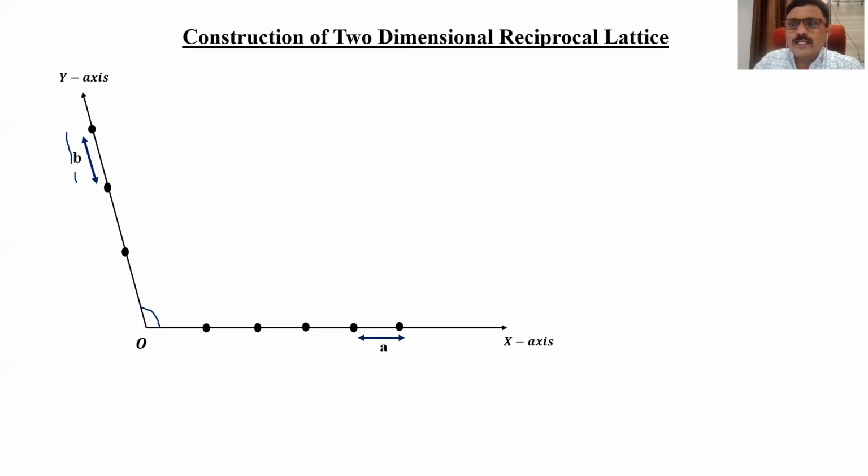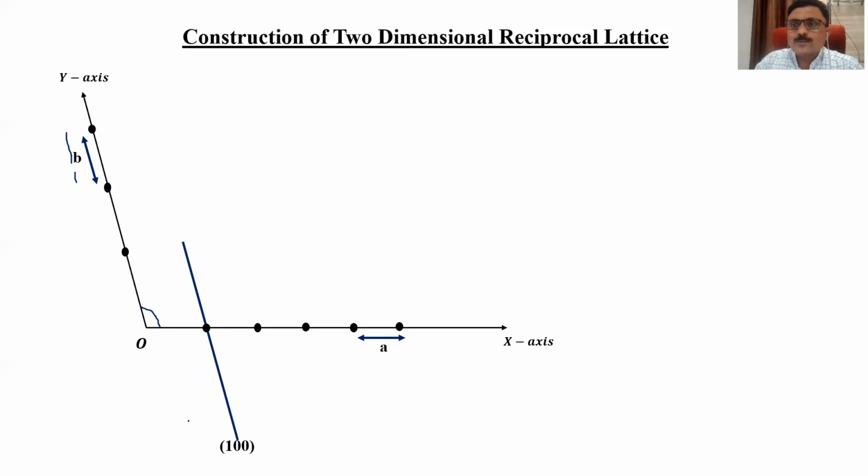Now, as usual, we will take different planes and draw normals to these planes and construct the reciprocal lattice. Here, some planes will be one-dimensional planes. One-dimensional means they will be making intercepts along only one axis. Some planes we will consider are making intercepts along two axes. So first of all, let us consider the 100 plane. 100 plane means the plane at a distance of 1a from the origin. So this distance is 1a, and therefore this plane is the 100 plane. All other planes will be parallel like this, so I have taken only one plane.